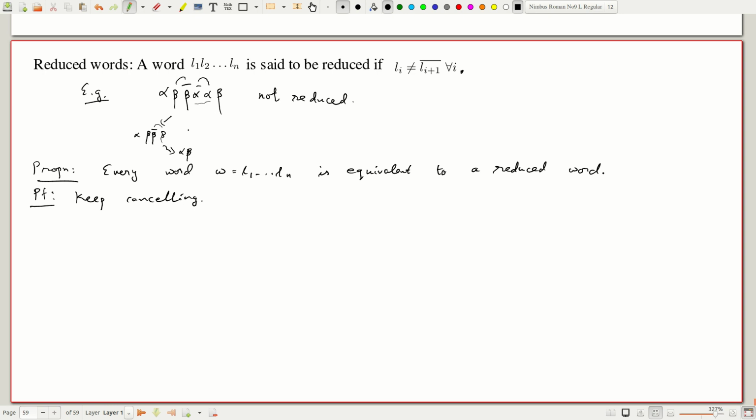But a question you would like to know is whether this is unique. It's not obvious that it's unique, so that's the first thing I will emphasize. There are other contexts like Coxeter groups and so on where reduced words are not unique. For example, I cancelled these two, but I could have instead cancelled these two first, and then I get alpha bar, alpha and beta, and that makes possible cancelling these two, and then I get alpha beta here. Now these two happen to be equal, but because of this cancellation, this became possible. It's not just that I reordered; I have genuinely different cancellations. The final result is the same. This is a theorem of Nielsen, which we will prove topologically as a byproduct of what we do.